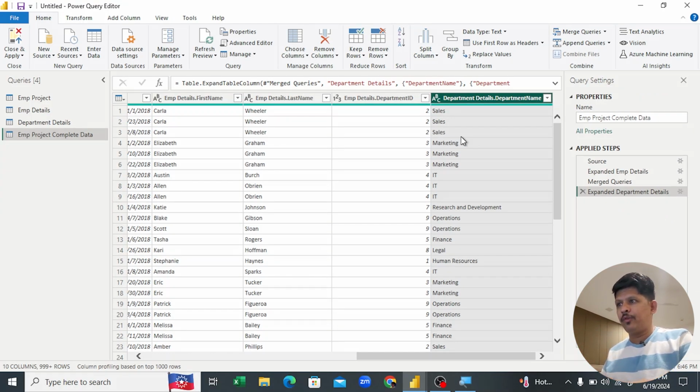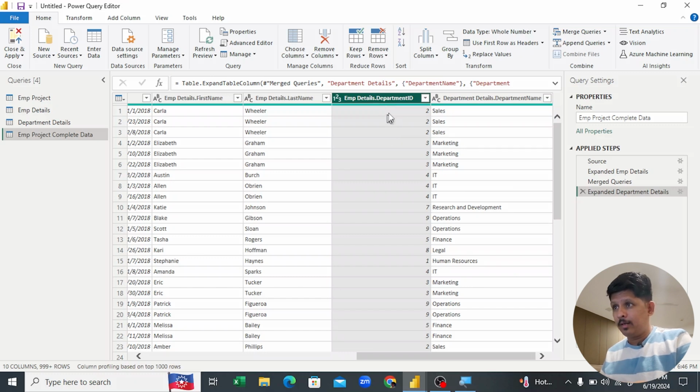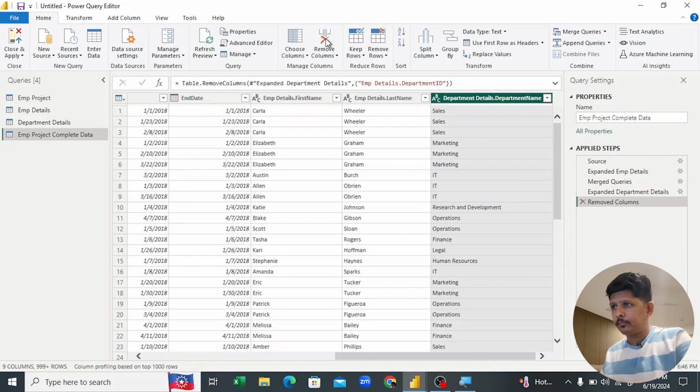Now we are going to make a few changes in this so that we can identify the columns easily. First of all, I don't need this department ID column right now over here because I just need department name. So I can just say remove column. So that column is now removed. Now this will not affect my older task because here in the steps, it is recording the steps. Correct? So old things will not be wiped out. Don't worry about that. So here we get the new data.